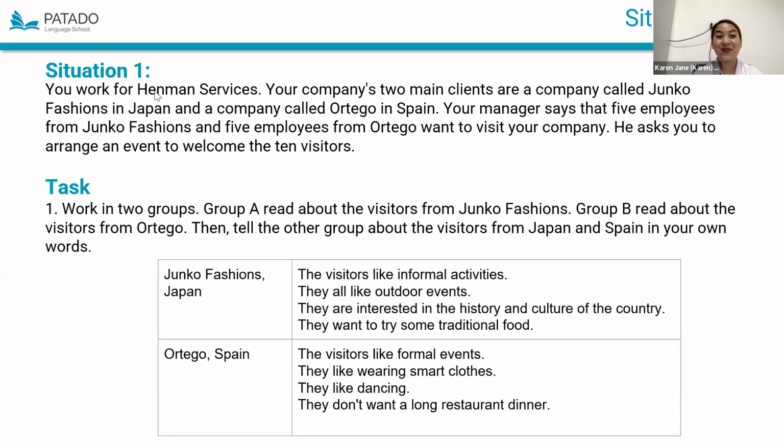Okay. So thank you so much, Miss Doom. You have introduced our visitors so clearly using your own words and in a very correct manner. And you have spotted all the important details, especially contrasting, differentiating these two groups of visitors coming from two different companies, which are the main clients of your company.